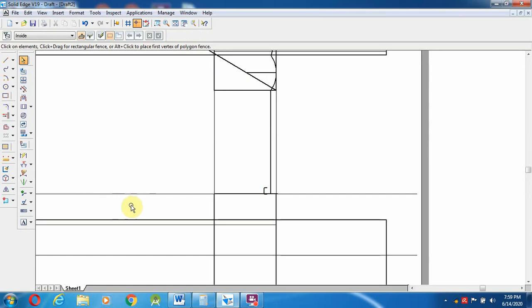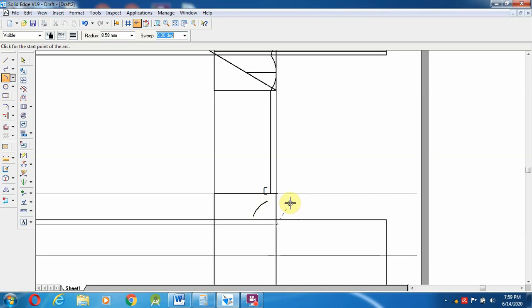and select a circle, arc by center point method. So from here to more than, what is the length? 8.58, so up to here. Then again select from the other side, 8.58, enter.